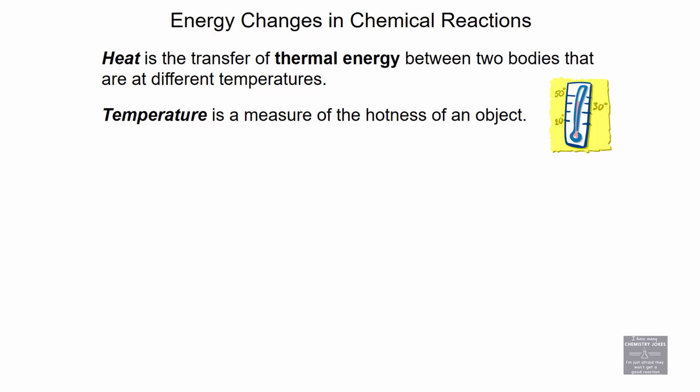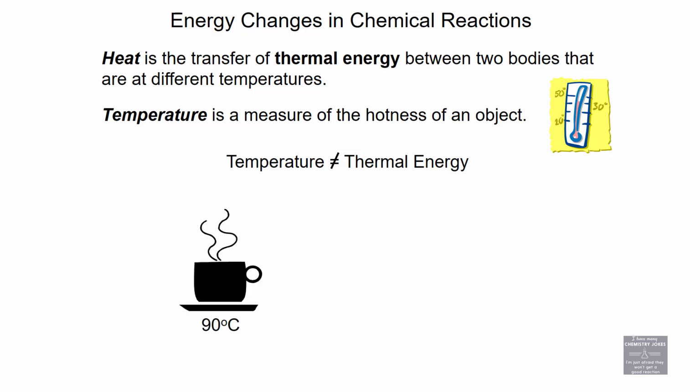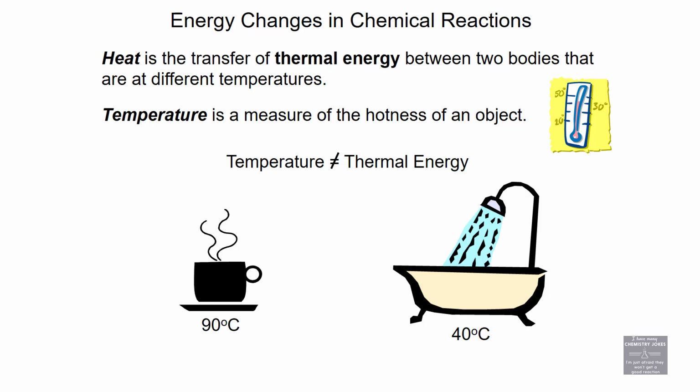Temperature is how hot an object is, and thermal energy and temperature are not the same thing, actually. So this coffee cup is at 90 degrees Celsius. This bathtub is at 40 degrees Celsius. When they both cool down to room temperature, which will happen eventually for both of them, heat will leave the